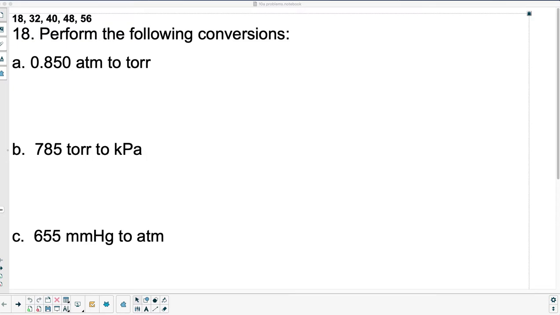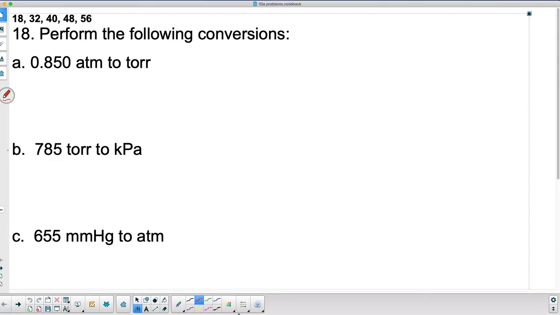in a problem set. Let's take a look as to how to do some of these problems. I'm not going to do all of them. I'm going to leave some of them for you to do. We should know that when we start problem 18, though, that we have a series of equivalents for atmospheric pressures,